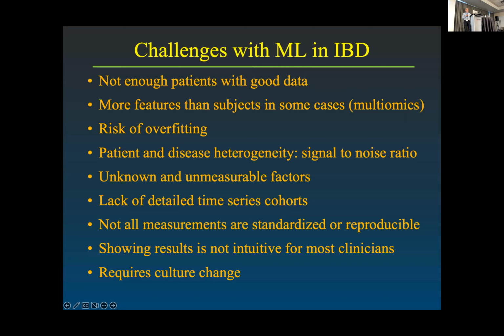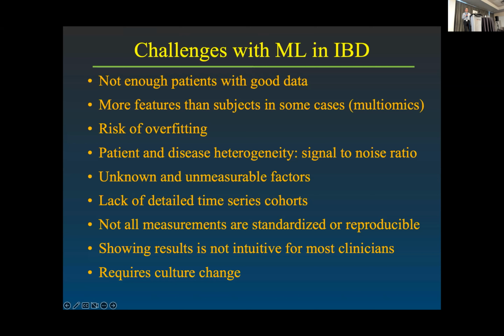The disease heterogeneity introduces the risk of signal to noise ratio. So, if we have something that's very clear and strong and is very uniform, we are likely to identify that signal. But here there is going to be a lot of noise. And I think that using a two-tier approach where we first divide the groups and then look within the group and try and understand that signal might be the right approach to overcome that. Something that's true for any observational research, we have the unknown and unmeasurable factors. So I know what I know, but I don't know what I don't know. I'm sure you've all heard the different variations of that.